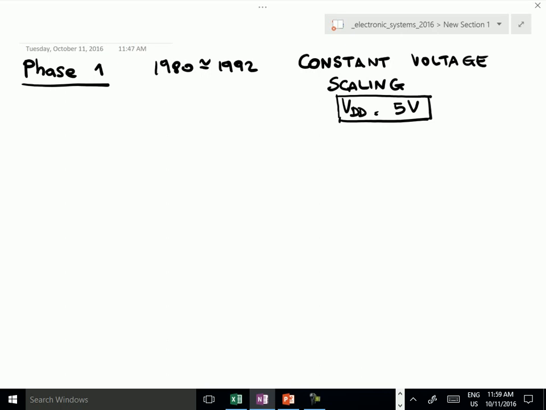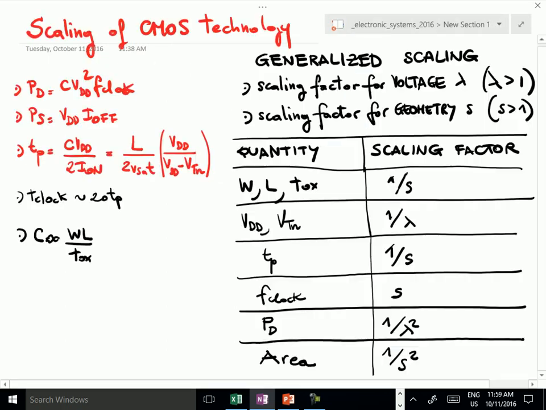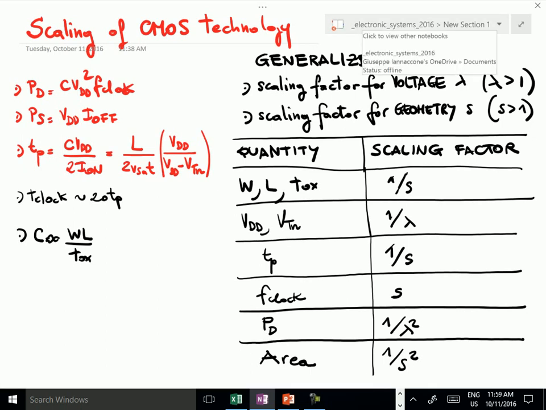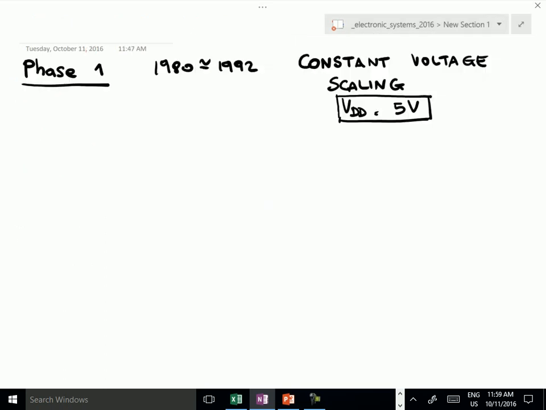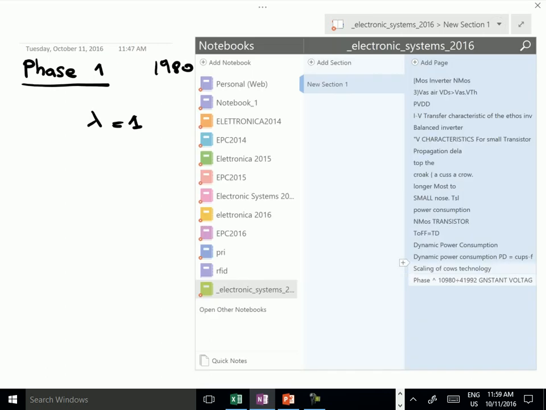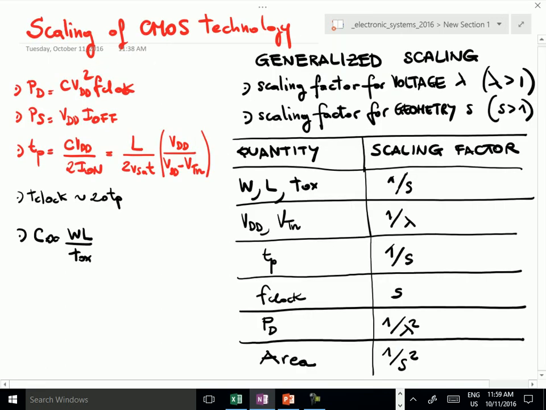In terms of the generalized scaling that we have discussed now, it means that this lambda factor was equal to 1 and that only the geometry was varied, so S was larger than 1. What is the main problem? Let's say lambda equal to 1 and S of course is larger than 1. We can have a reduction of geometry, but at some cost, because as you see here, if you have